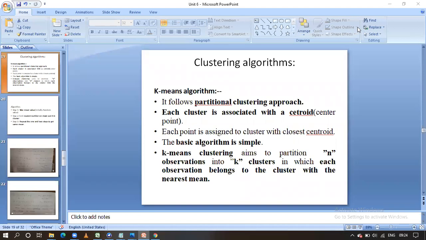What is the algorithm we have to use, guys? Simple k-means algorithm we have to use. Demonstration of clustering rule process on student.arff dataset using simple k-means algorithm we have to do. What is the dataset we have to use? Student.arff. What is the algorithm? Clustering related one, that is simple k-means algorithm.